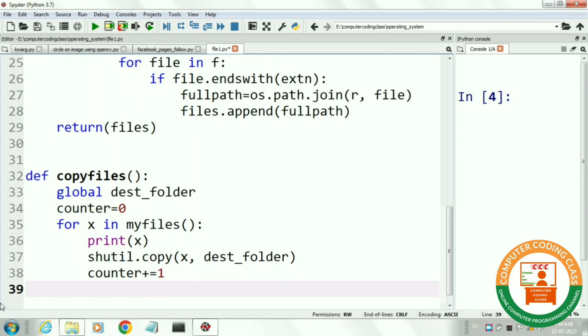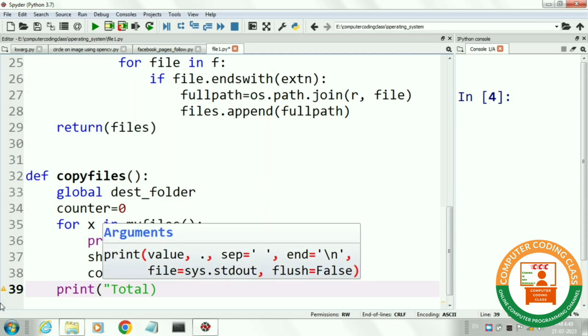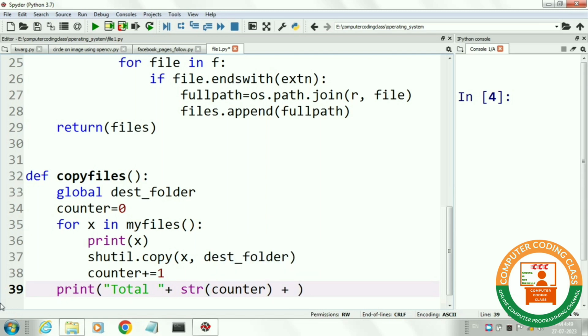Next, we will increment counter with 1. Here counter will show the number of files with correct extension stored in destination folder. Next, we will print total number of files using counter variable.